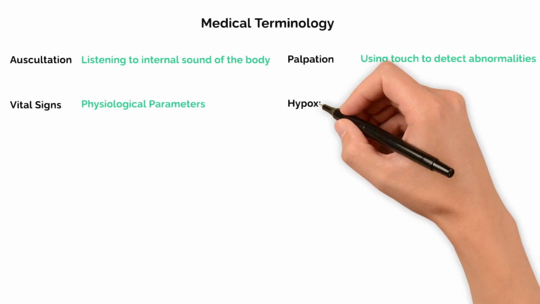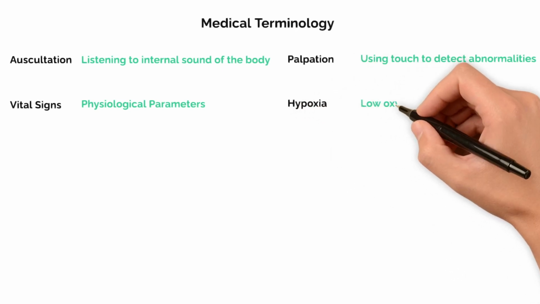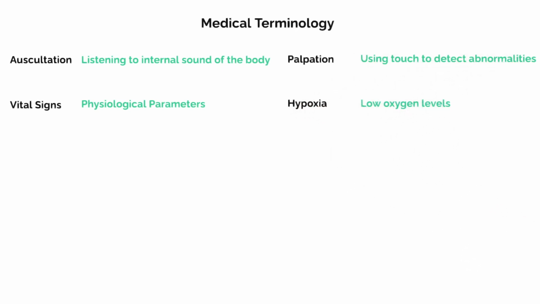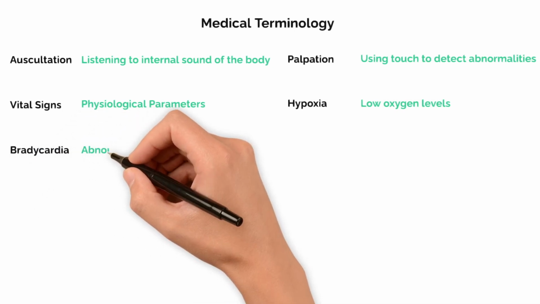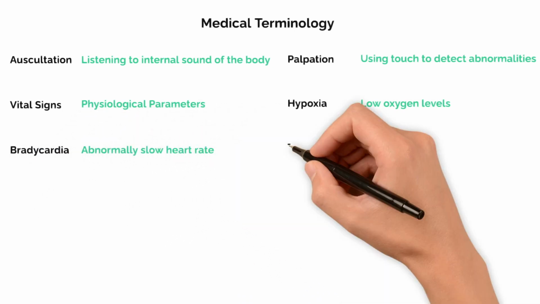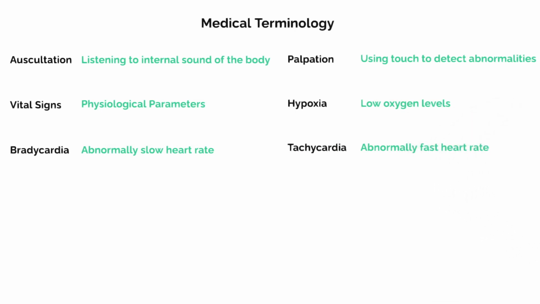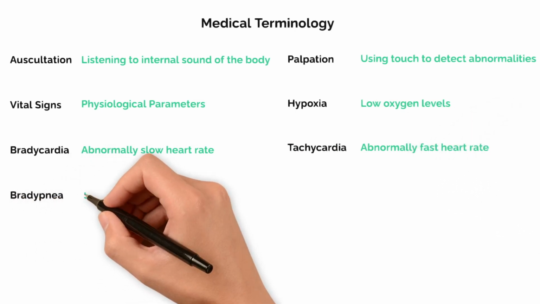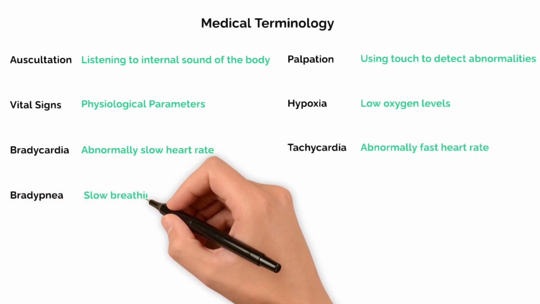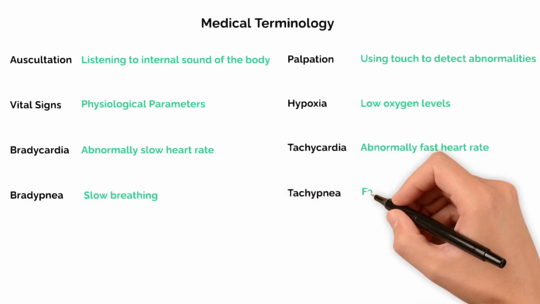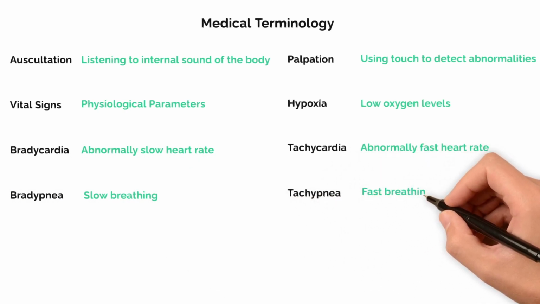Hypoxia, which is low oxygen levels. Bradycardia, which is an abnormally slow heart rate. Tachycardia, which is an abnormally fast heart rate, bradypnea, which is slow breathing, tachypnea, which is fast breathing,